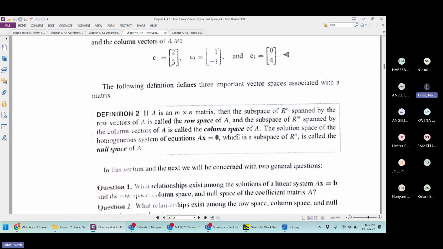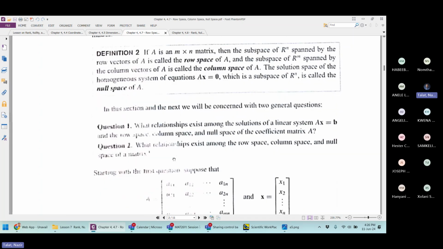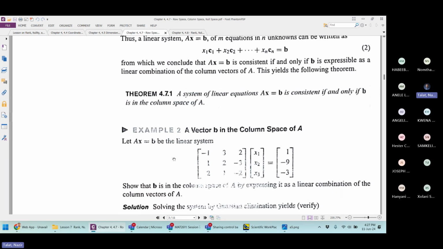So this we already saw, that the solution space of a homogeneous system is a vector space, and we call it a null space. So there are three things: the row space, column space, and the null space. Null space is actually the solutions of a homogeneous system. And then here there is an important theorem regarding